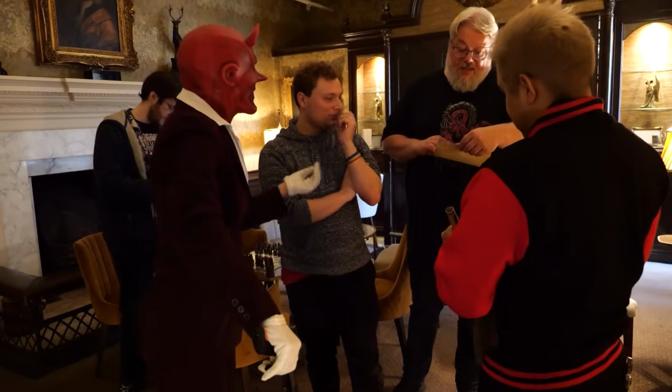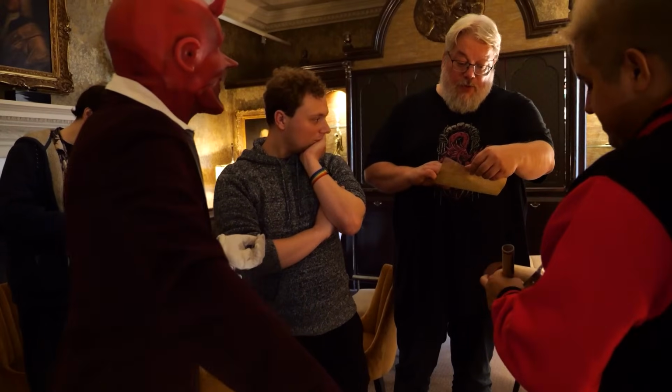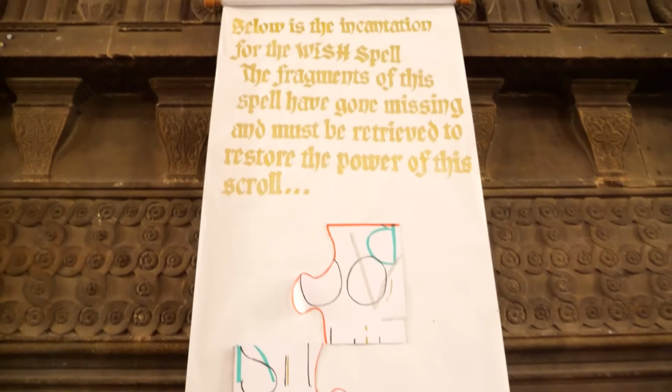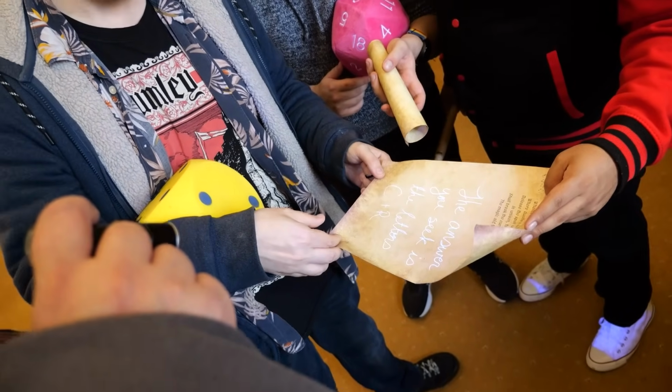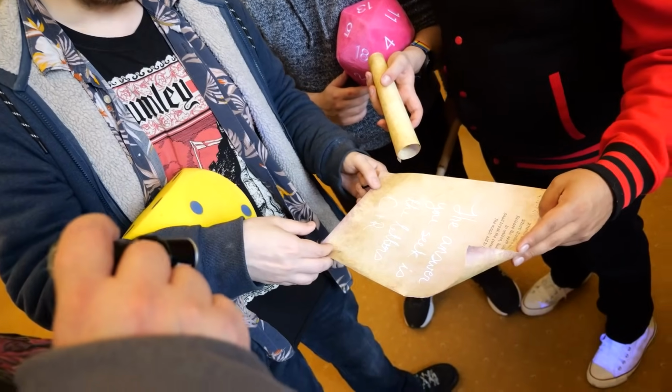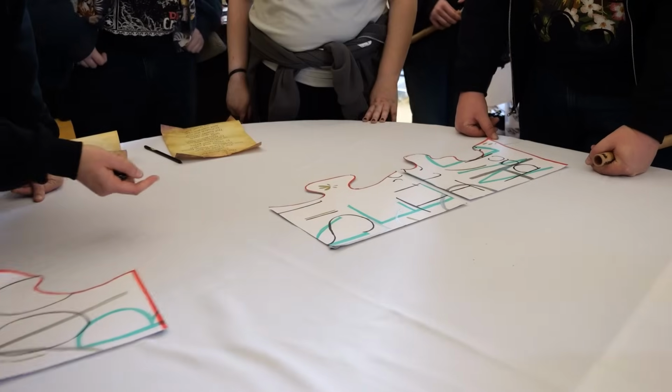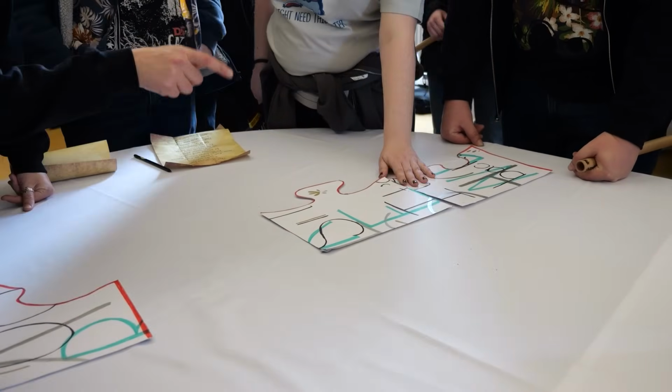Tombs of knowledge, vast and deep, amazing fire you want to keep. Players are sent to look for parts of the wish spell scroll, solving riddles along the way. Is the letters C and R? Excellent. Okay. This doesn't line up, probably there's a piece that goes here or...